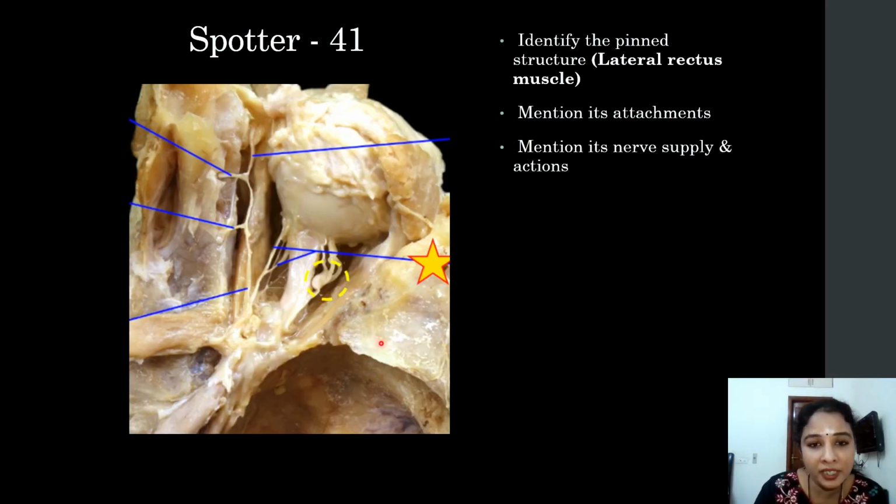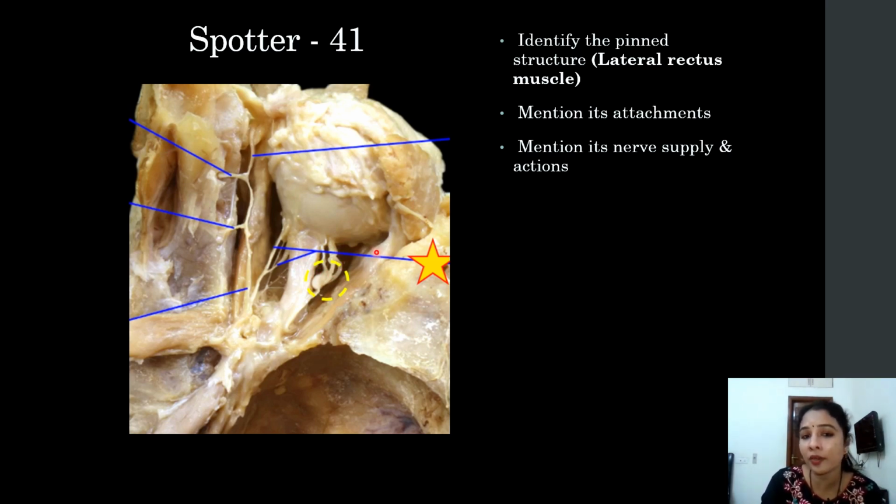Beautiful dissected image where we can see the lateral rectus. So this is along the lateral margins. Here is the lateral rectus, and apart from the lateral rectus we can also appreciate the optic nerve here, and near to it we can see the ganglion, that is the ciliary ganglion, which is associated with the inferior ramus of the oculomotor nerve, which goes to the inferior oblique. And for lateral rectus, LR6 you have to remember.